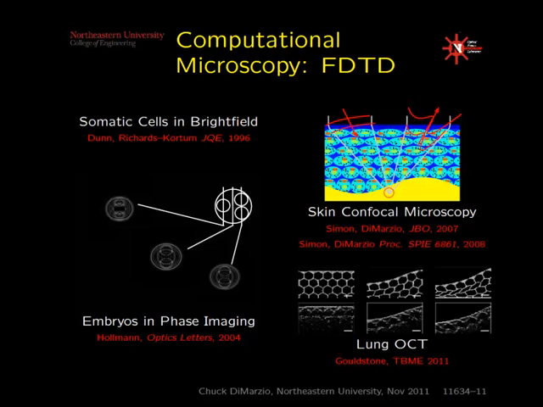The idea here, this figure was showing that we could computationally focus through an embryo that had 3 cells inside it, and that depending on where we were focused, we could see the individual 3 cells. Later, we used it for a bistatic confocal microscope with a split aperture, looking at imaging of skin, a very detailed